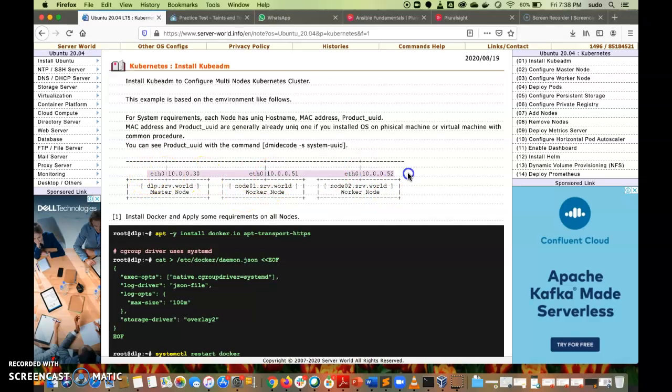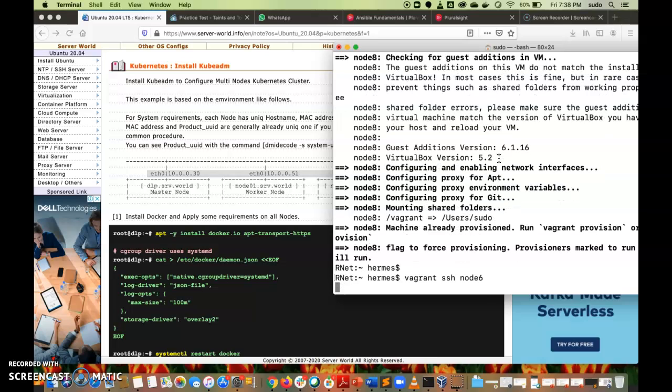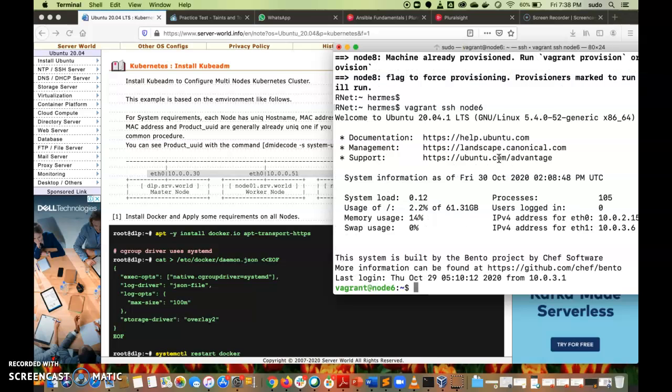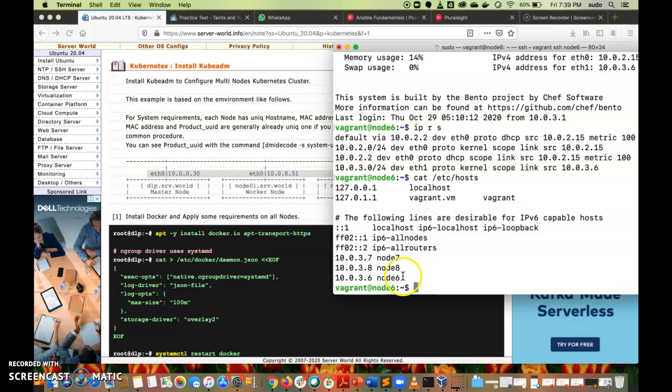So IP addressing is a little different than this. If I show you this, you will be able to see that if I say vagrant ssh node 6, you see the IP address. Here IP addressing is a little different than what you have here. I have made sure that all the etc hosts configurations are in place. I'm able to see that my hosts file is up to date in all the hosts